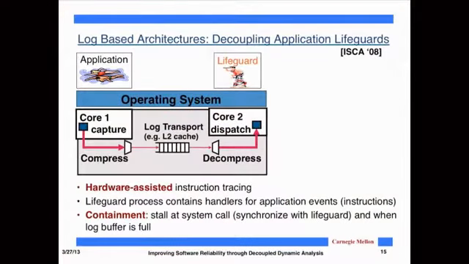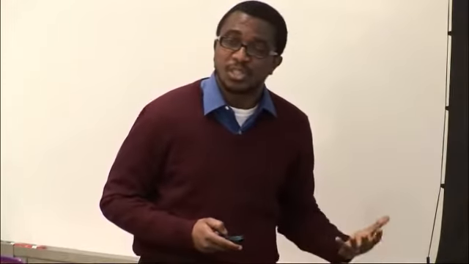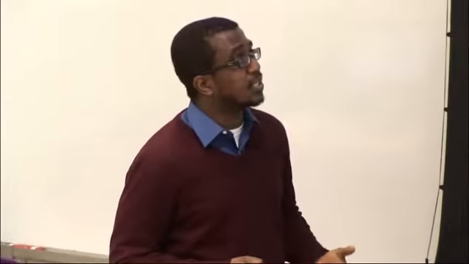So the basic idea behind log-based architecture, or LBA, is that since we live in a world where we have many cores available, why don't we run the Lifeguard in a separate processor from the program? If we do this, we get an improvement in performance, like I showed you before. Moreover, since transistor density is also increasing, perhaps we could dedicate some more gates to helping us stream the instruction trace. So we're using hardware to stream the instruction trace from the application to the Lifeguard. That way we avoid the software costs of instruction tracing. And so we built